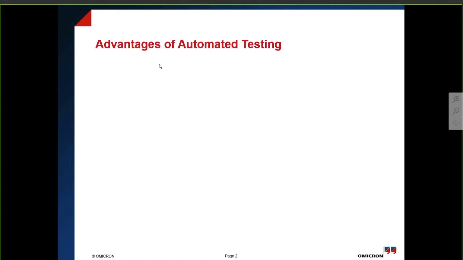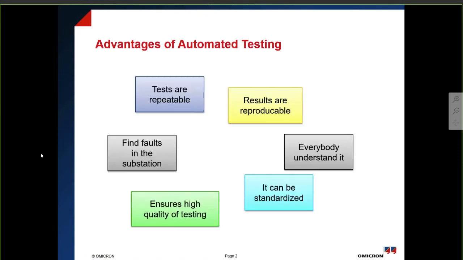So as we discussed, there are a lot of advantages you can get from automatic testing. Some of the first advantages: tests are repeatable, results are reproducible, find faults in the substation, everybody understands it, it can be standardized, and it ensures high quality testing. You can test anything you like, like distance protection, transformer protection, differential. Manually you can use shots and select the points manually, but we recommend doing it